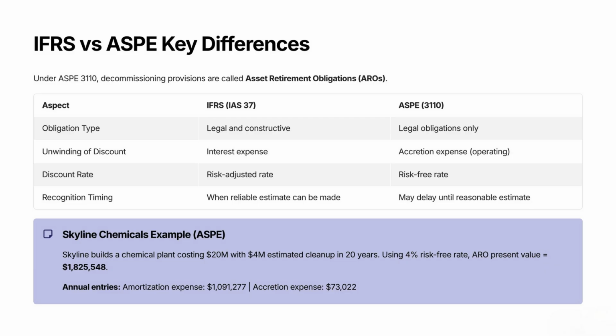In IFRS, you must recognize once a reliable estimate can be made. In ASPE, you may delay until a reasonable estimate can be made. Example: Skyline Chemicals Inc. builds a chemical plant costing $20 million and estimates $4 million to dismantle and clean up in 20 years. Using a risk-free rate of 4%, the present value of the ARO is $1,825,548. Journal entries would be debit plant